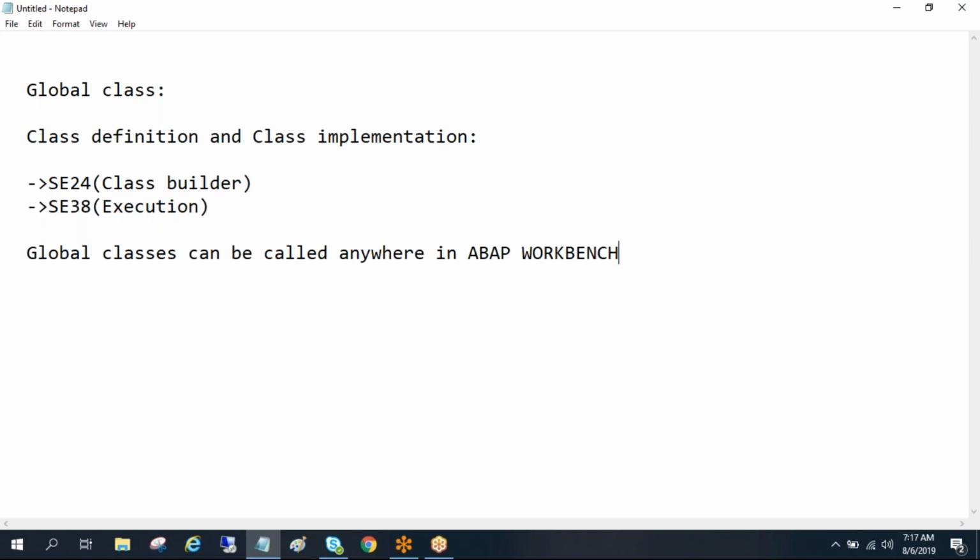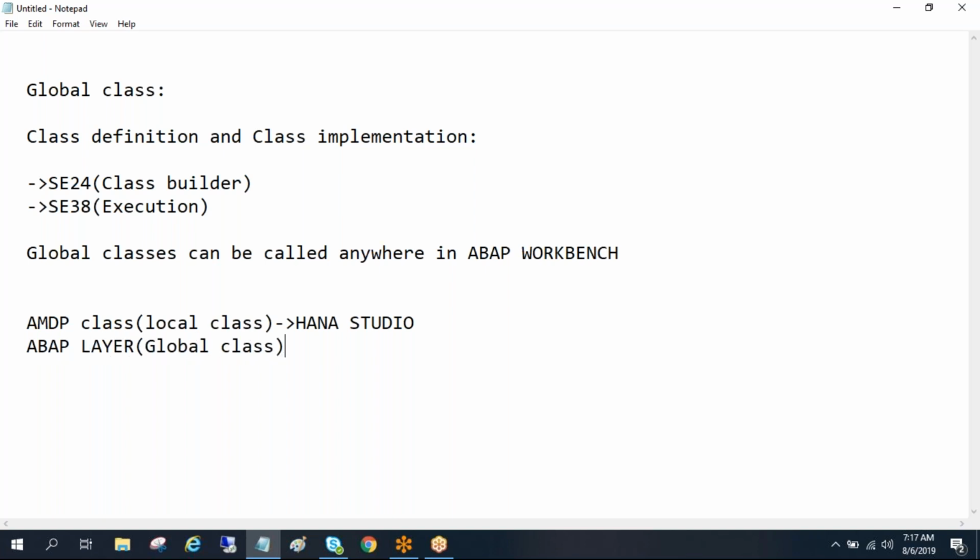Even the AMDP class also, guys. AMDP class, you need to create as a local class in HANA Studio. So in HANA Studio, it is a local class. But whenever you take this class in SE24, the same AMDP class in the ABAP layer becomes a global class.